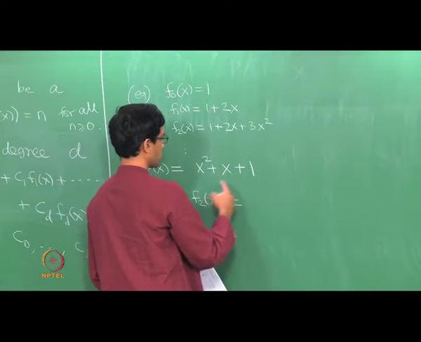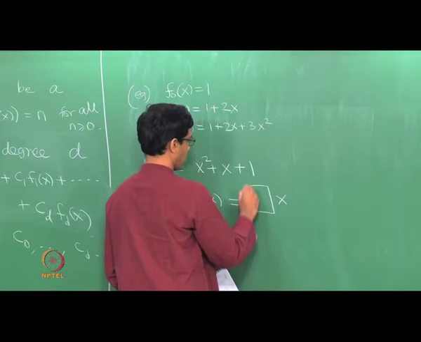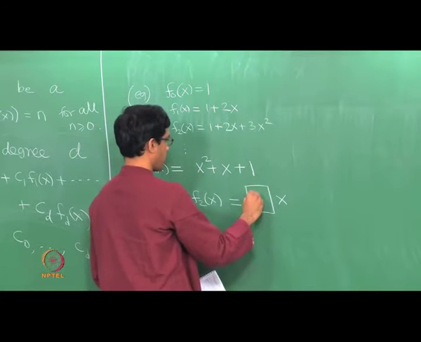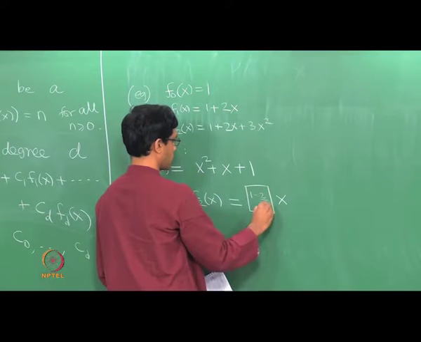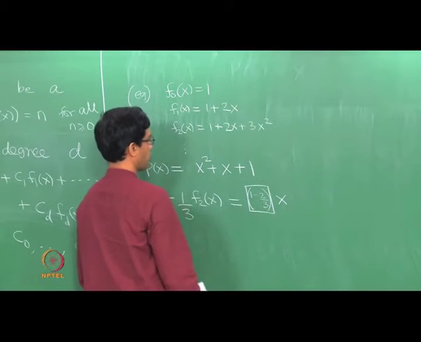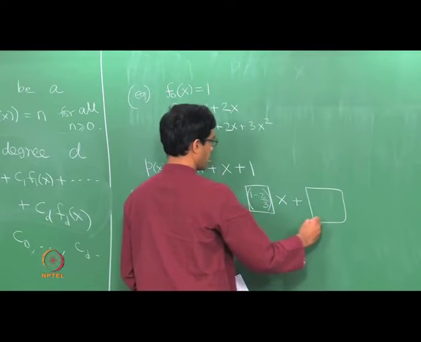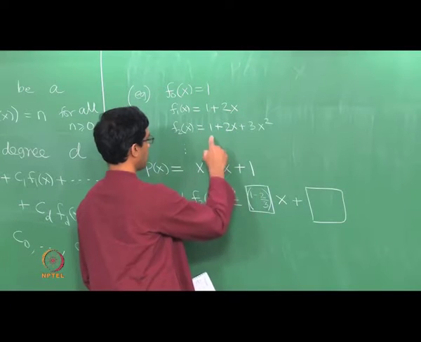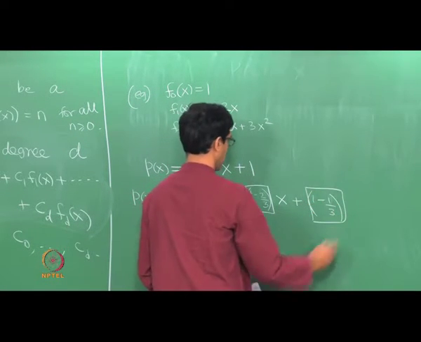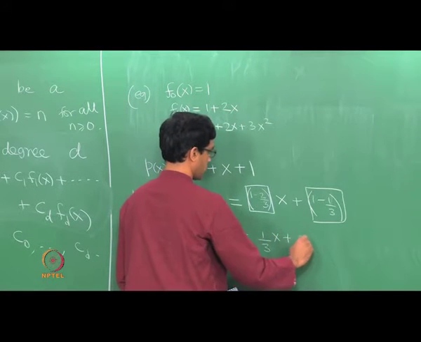Okay. So if you do this, there is only an x term and a constant term. So what is the coefficient of x now? Well, in p it was 1. Now I need to subtract, so it is 1 minus 1/3 of 2. So it becomes 1 minus 2/3 is the new coefficient of x, plus some constant term. Now what is the new constant? The original was 1. Now I need to subtract 1/3. So that is the new constant. Okay. So this is now basically 1/3 x plus 2/3.